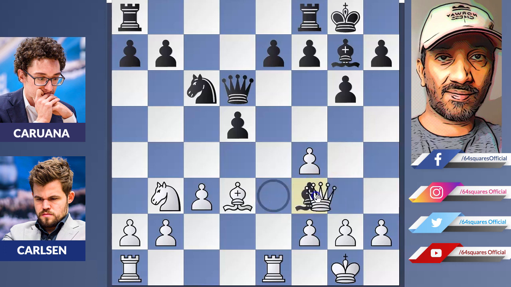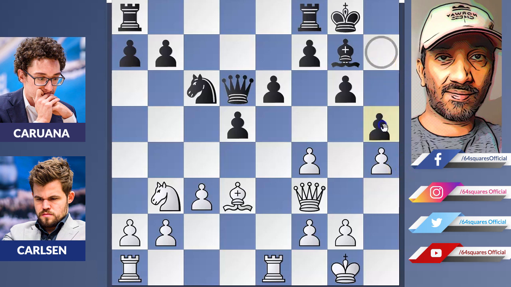So here Carlsen plays queen takes f3 instead of taking g takes f3. Magnus goes for queen to f3, and now e6 by Fabi, and h4, further developing his pieces. Carlsen is planning to launch an attack on the king side. Now Fabi defends with h5, stopping further development. Now g3 by Carlsen. Now rook f to e8,